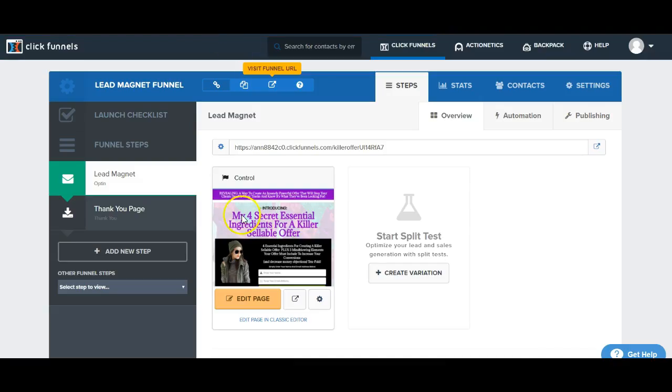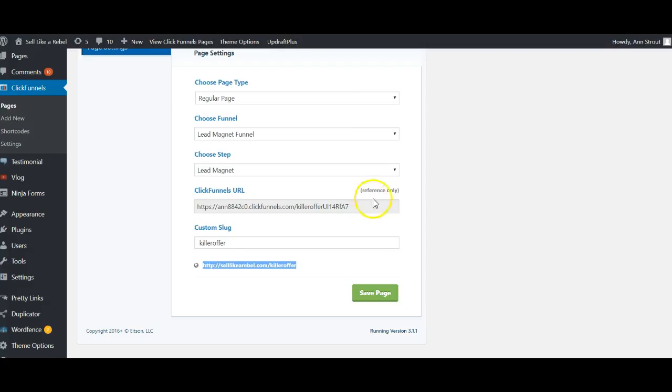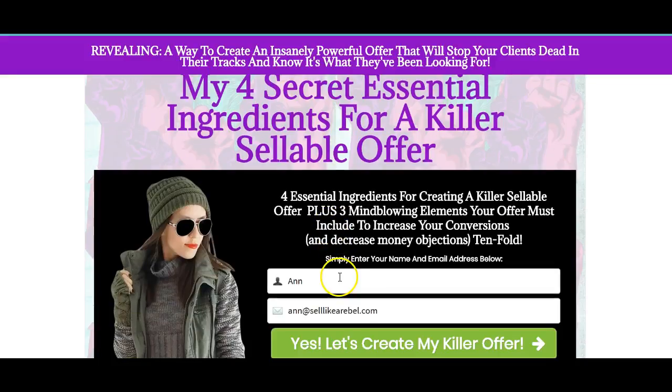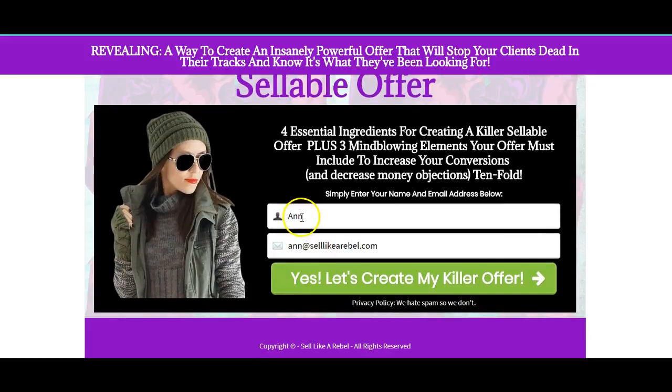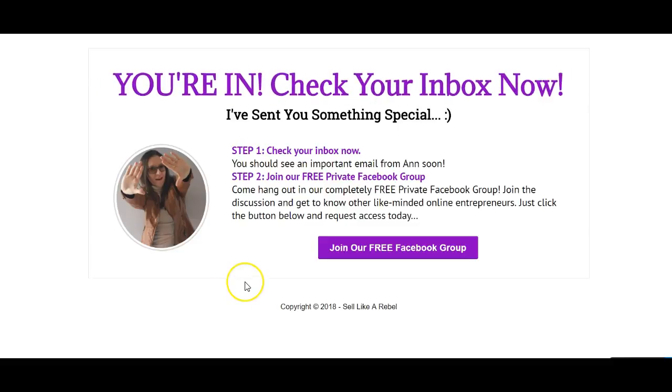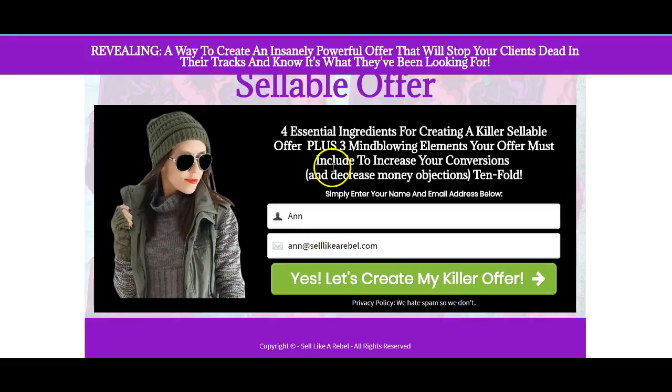Right here, it shows this opt-in page, which is perfect, and it shows my pop-up box, which is perfect, except that when you go to try to opt in, so I have my name, my email, I'm going to say, let's opt in. Okay, well, that just worked, but that did not work before. It did take me to this thank you page, which is cool because it did not do that before. So I have no idea if maybe something is now working. It did take me to the thank you page, so I'll keep an eye and see